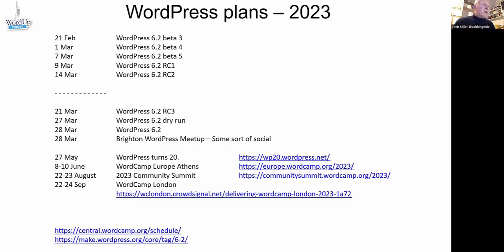Looking further ahead, 27th of May is when WordPress turns 20. And you can go and visit wp20.wordpress.net to find out about what's going on there. If you want to go to a WordCamp, you can go to Athens for WordCamp Europe in June, or wait